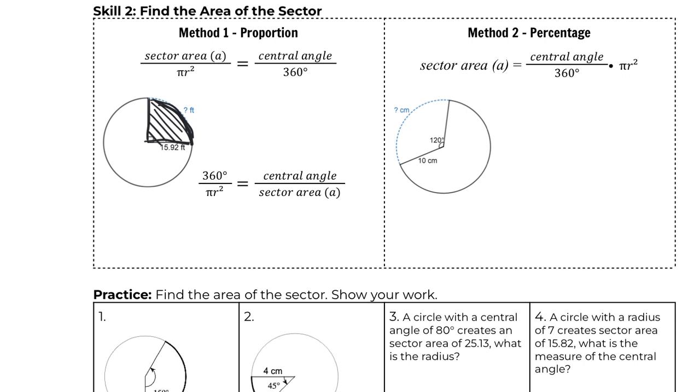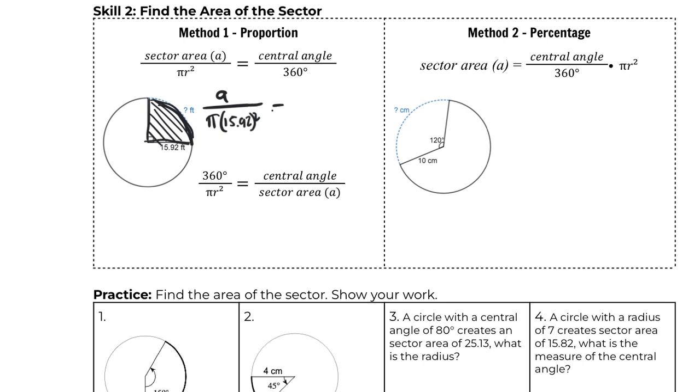So if I compare the amount of sector I have to my total area, that should still be proportional to the central angle compared to the total 360. So we're doing part to whole equals part to whole. If I were plugging this into my formula, I'm looking for the area, so that's A, compared to my total area, which is pi times r squared,